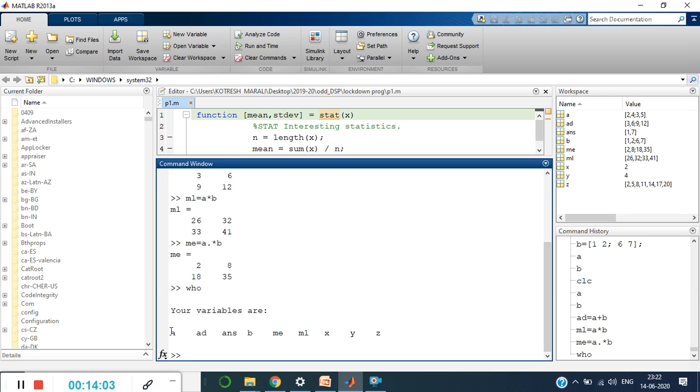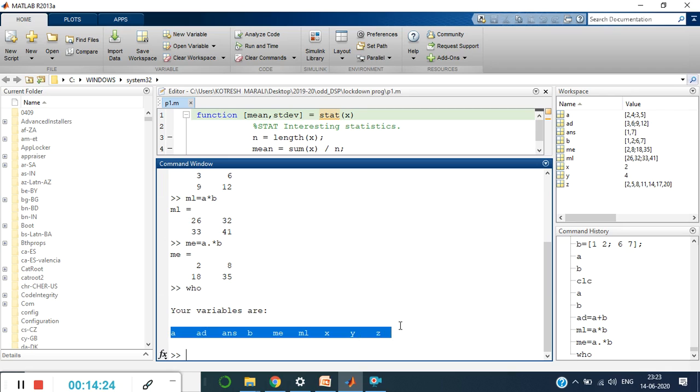The variables used in my programming are A, AD, ANS, B, ME, ML, X, Y, Z. You can observe these variables are listed in alphabetical order.